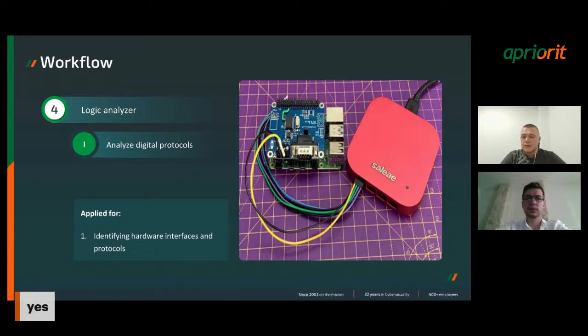For example, with a multimeter you can see only static information, like whether you have some voltage or not, but a logic analyzer allows you to record, for example, a timeline and understand what values were on this interface. So we can collect some digital information and in the future analyze it in detail.